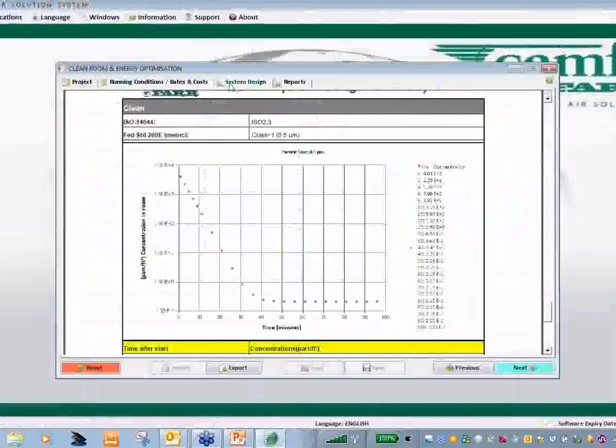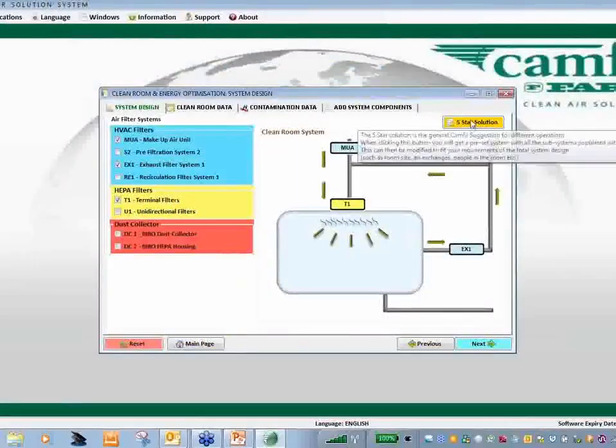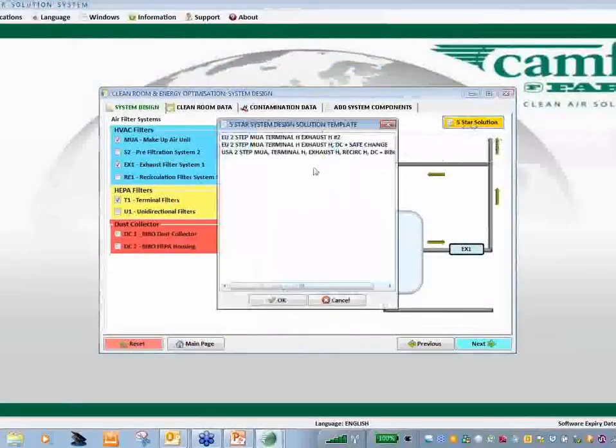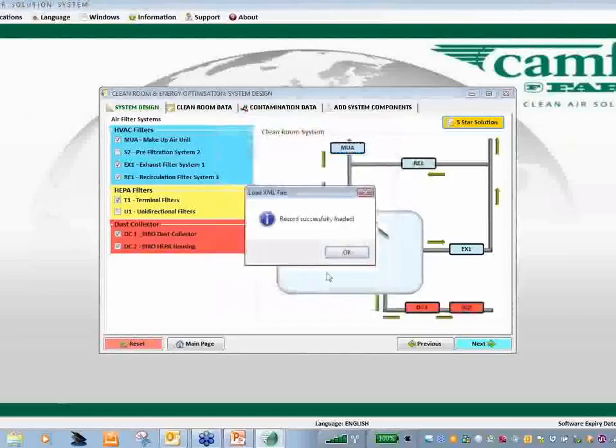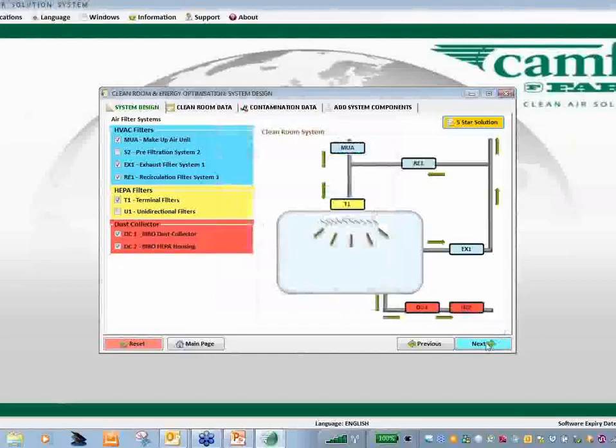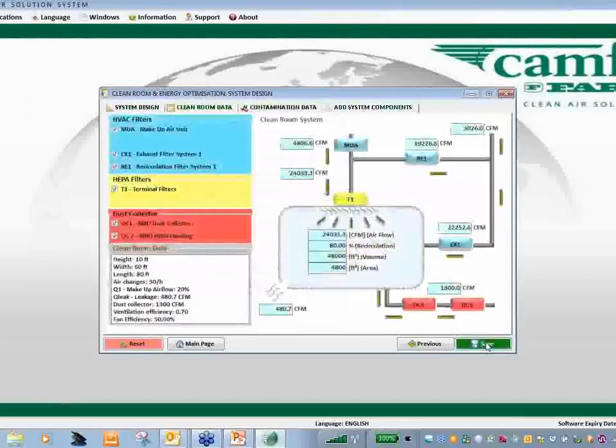Okay, so if we go back to the beginning here, I mentioned, we had this 5-star button, and here we've added sort of preloaded different combinations. So if you follow my logic at least, we had a 2-step makeup there, a thermal housing, exhaust housing, we had a recirc housing, and we had a dust collector and bag in, bag out. So I tried to put every possibility we can put into this example. So if we just click it, it's loaded, and you just click next,